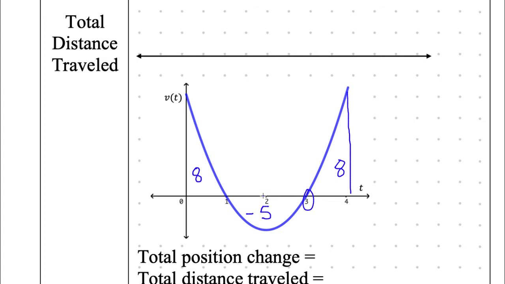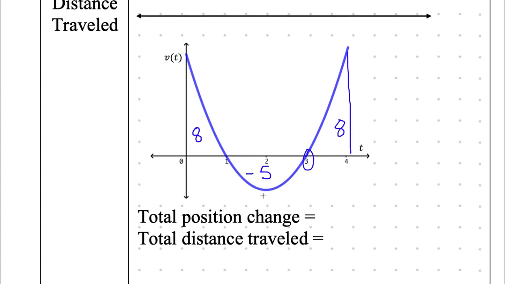Total position change. My position has not changed. I went forward and then I came back to the same spot. My position has not changed. I'm still here. But I have traveled some distance, and I traveled even more distance to get back here. That's the difference: position versus distance. The position in this graph would be like